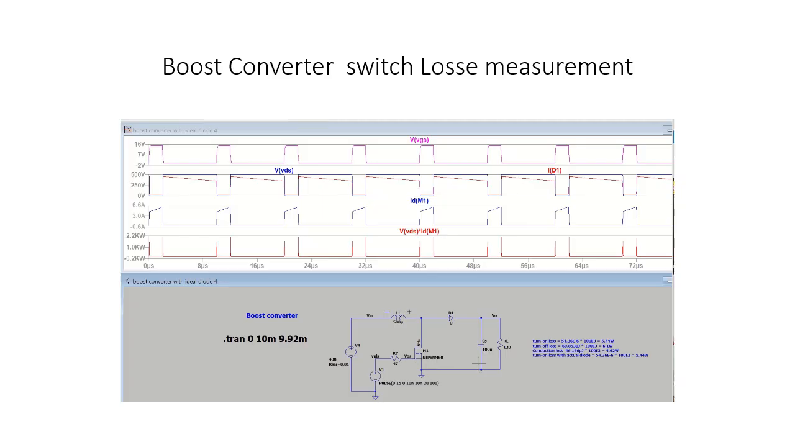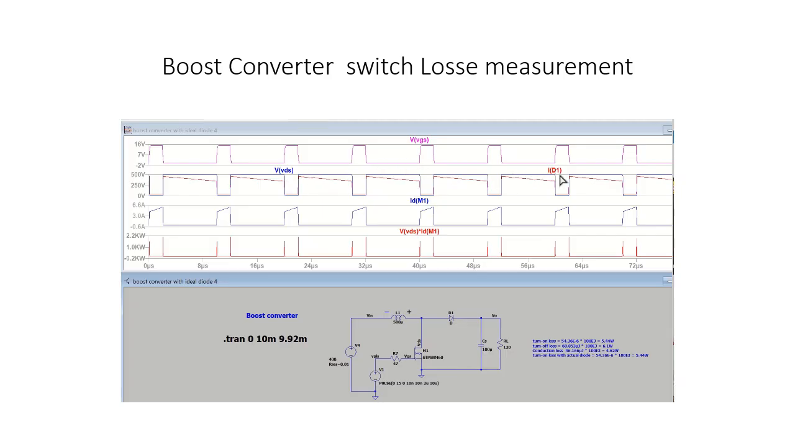I ran the simulation and the waveforms are shown here. The topmost is the gate source voltage of the MOSFET, VGS. All the voltages are with respect to ground. When it is high, the MOSFET is turned on, and when it's low, the MOSFET is off. The next waveform is the drain source voltage, that is the MOSFET drain source voltage,